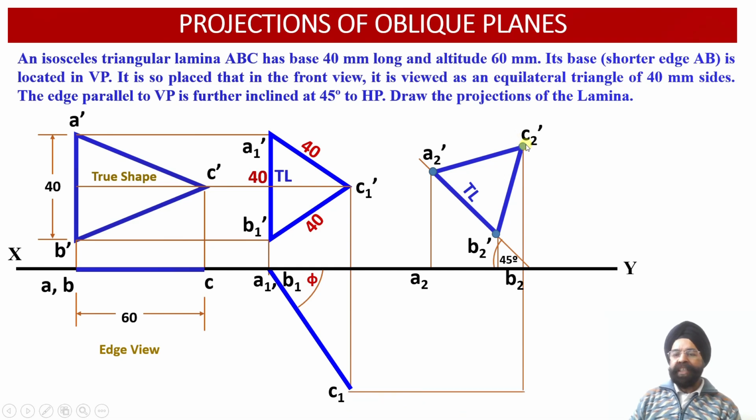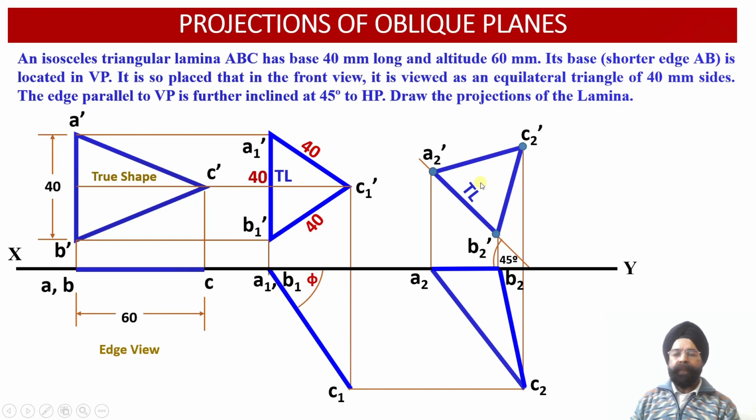And finally, once we draw the horizontal projector through C1, we'll see that this horizontal projector drawn through C1 intersects at this point with the vertical projector which has been drawn through the point C2 dash in the front view. So the A2, B2 and C2 points of the top view projection of this oblique lamina have been evaluated. Now we can join points A2, B2 and C2. So this is the front view projection, A2 dash, B2 dash and C2 dash. This is the top view projection, A2, B2 and C2 of the oblique isosceles triangular lamina,